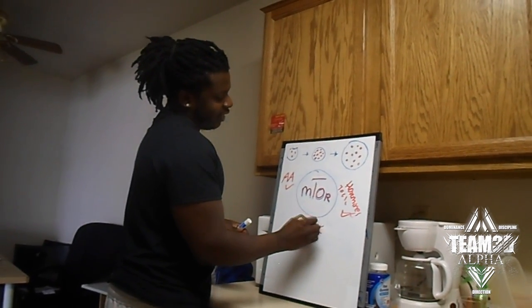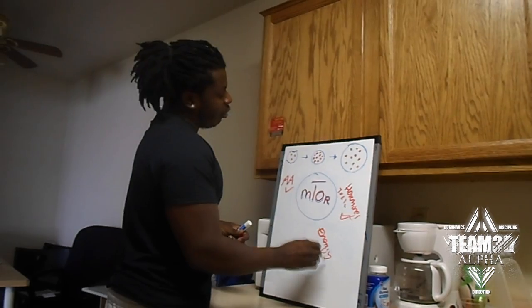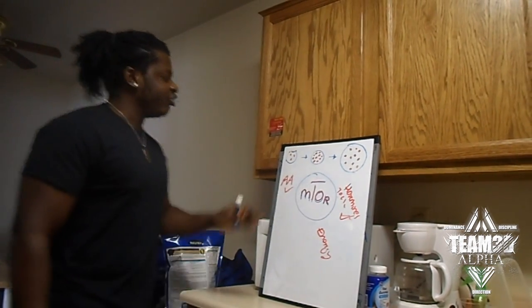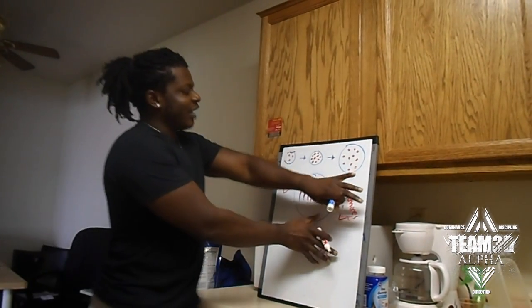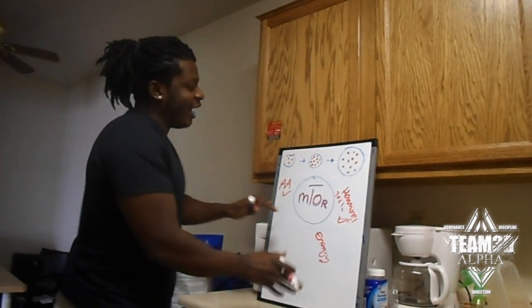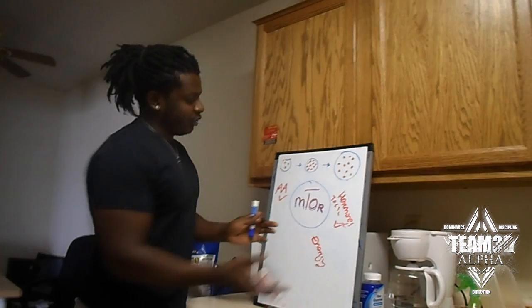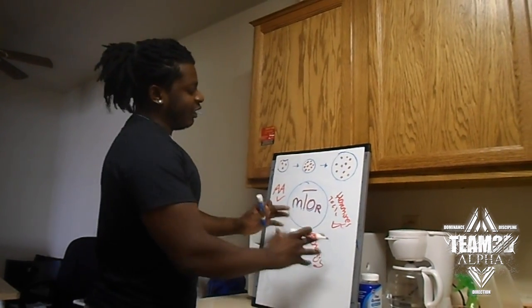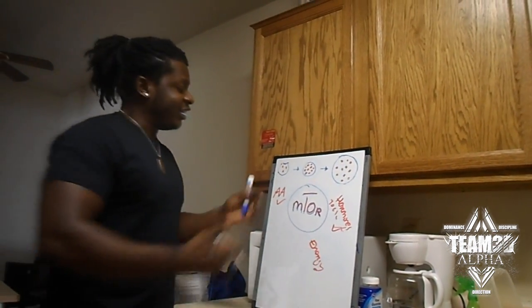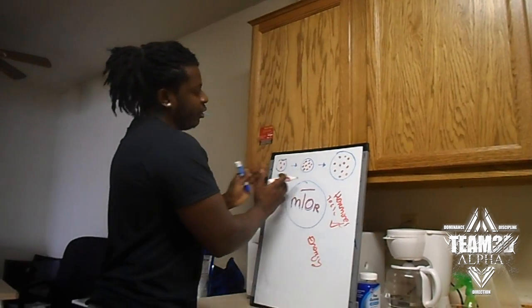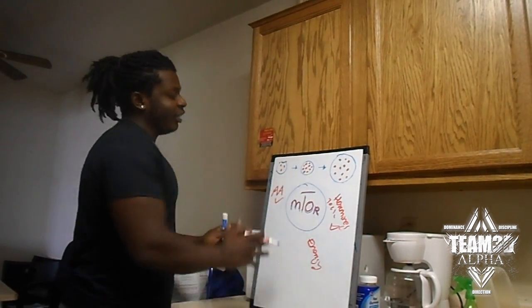And the last one is obviously energy levels, right? Now, mind you, all those 3 have to be there. You can't just have amino acids and none of these and expect mTor to be functional, right? You can't have just the growth factors and no nitrogen, no brakes, no capsule, right? And no energy, right? And you can't just have a lot of energy, a lot of carbs and fat and ATP, and no amino acids or hormones. You need all 3 to be present.